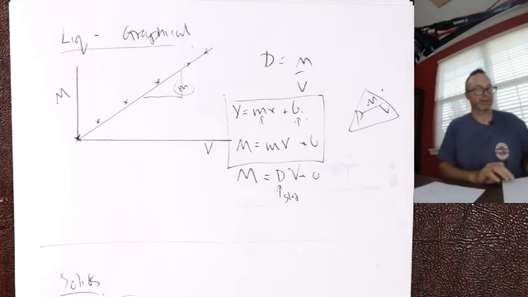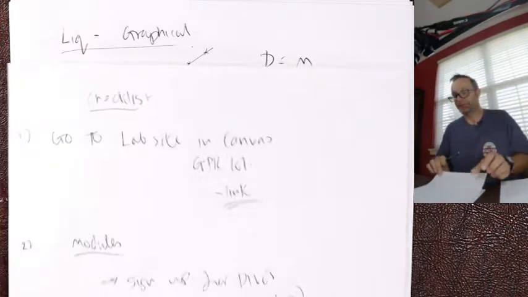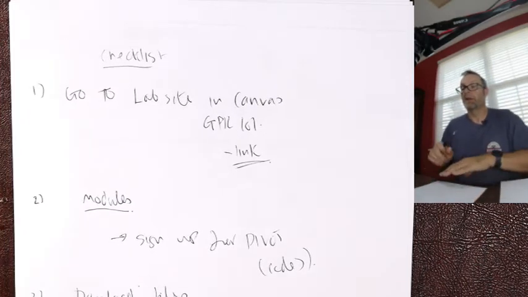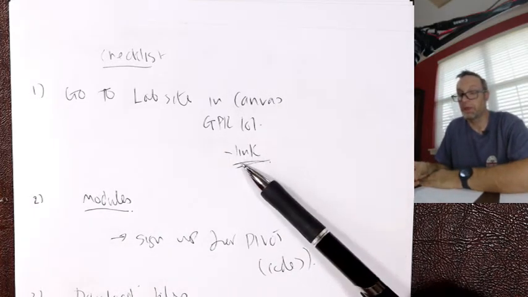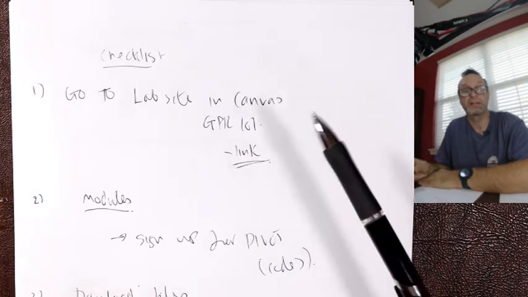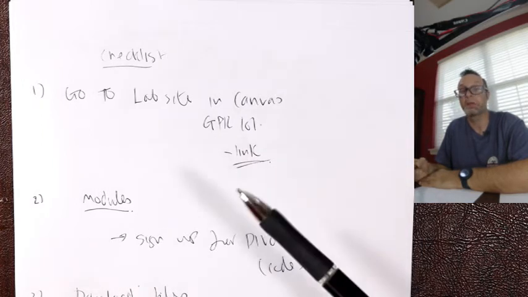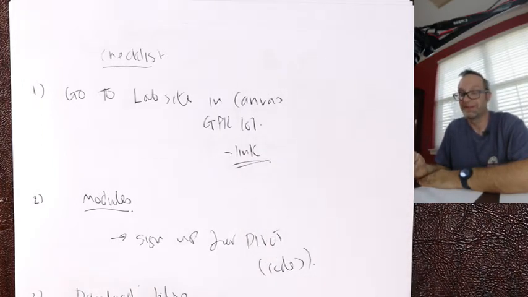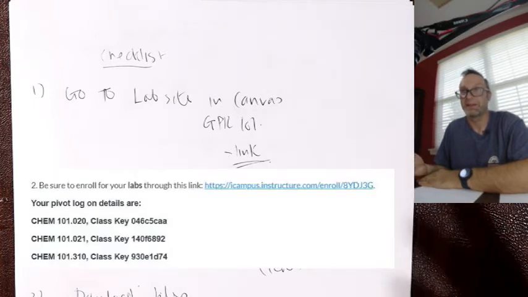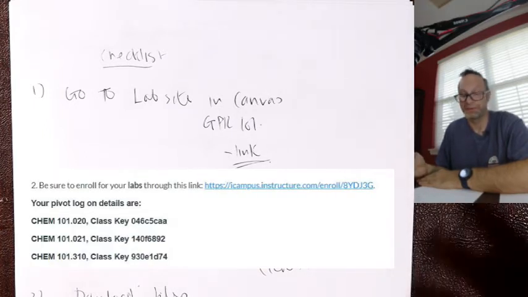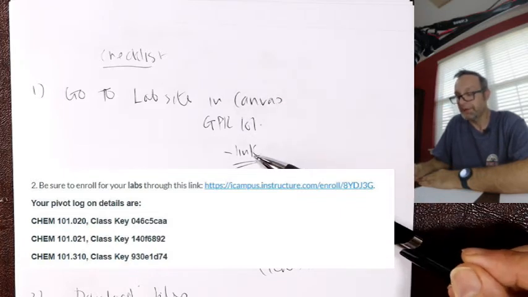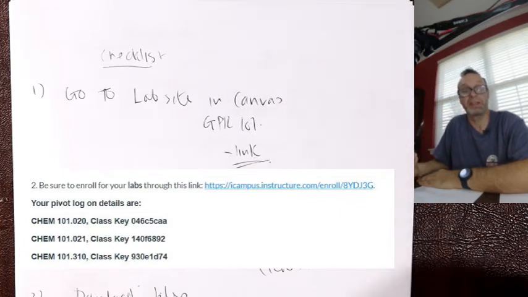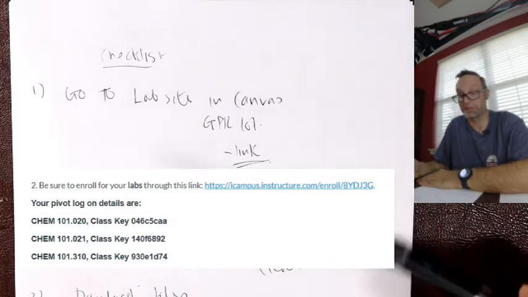Let's go back to the checklist, right? So real quick, make sure you're signed up for the group Chemistry 101 lab site, okay? Check the announcements area. It was my first announcement of the semester. I think it was something like, things to do on day one, okay? So there's a link. Go there, sign up, make sure it appears in your Canvas as a new class essentially, which would be called